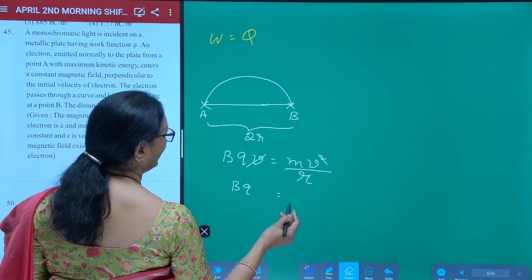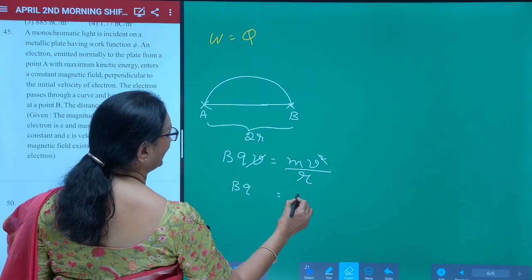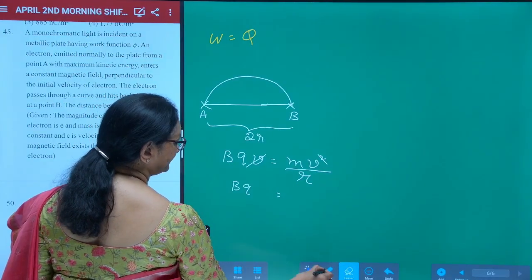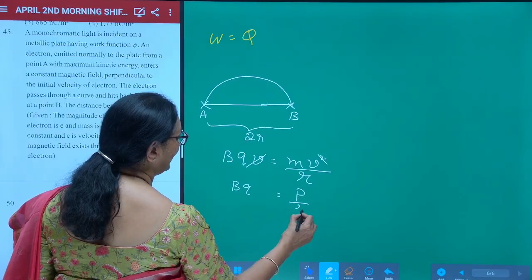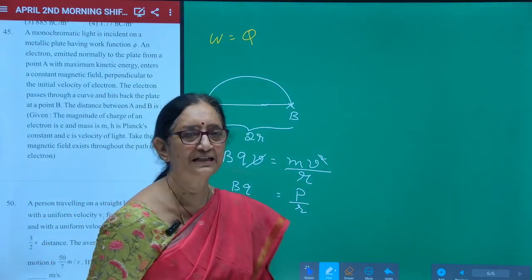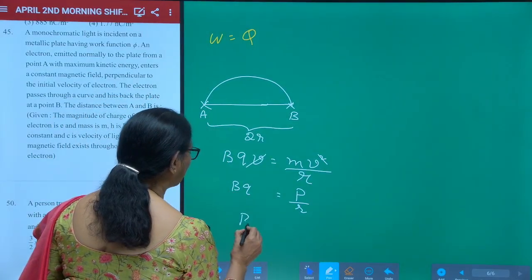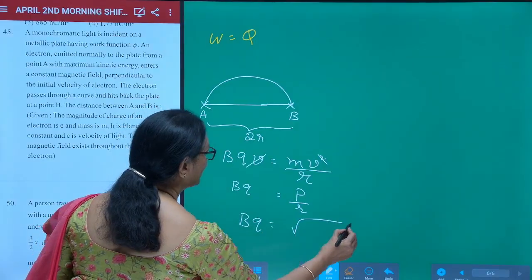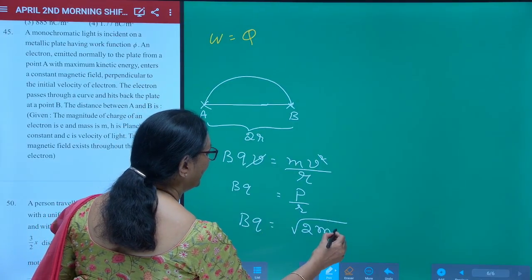So, you will be getting BQ is equal to mv by r, or that is P by r. And we know from the relation Ke is P square by 2m, BQ is equal to square root of 2m